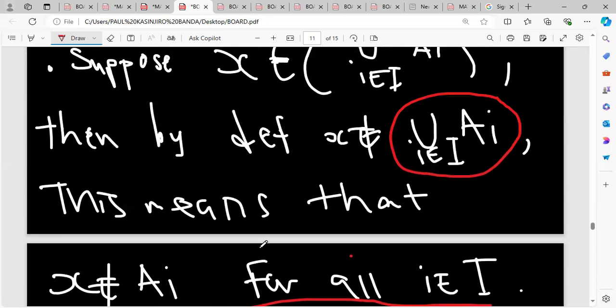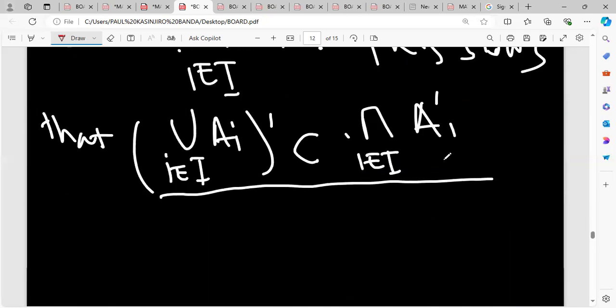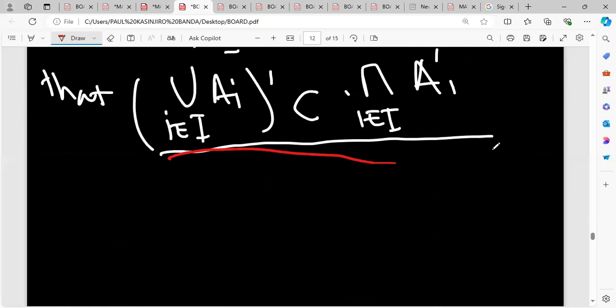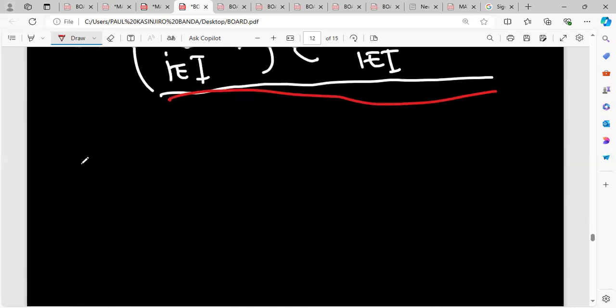Okay, so what we've done here, we've just proved one part. We've just proved that this is a subset of this. Then we have to show again that this is a subset of this, and then our proof will be complete for the first one, right? So this is our conclusion here. We've shown that this guy here is a subset of this. So now how do we show that this is a subset of this? You say conversely,